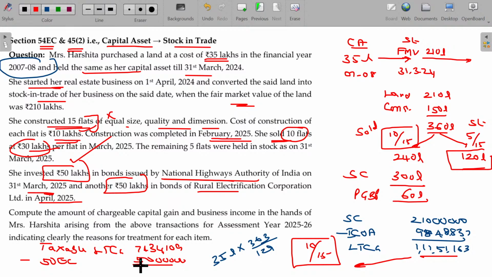The balance 24 lakhs 34,109 is taxable long-term capital gain. Is that clear? The balance 1/3 can be sold in the next year, and next year you can claim all the benefits. For this year, you are eligible for this much only. Clear? So all the concepts except 50B are